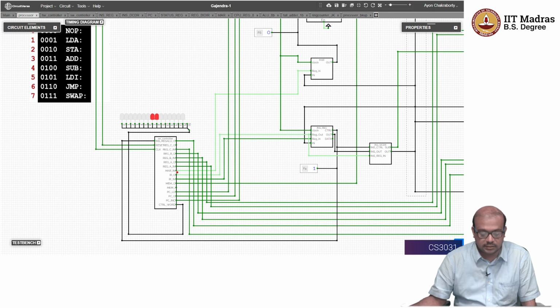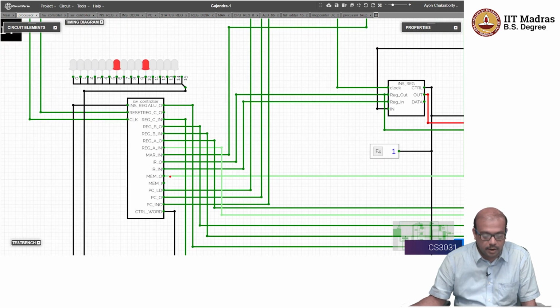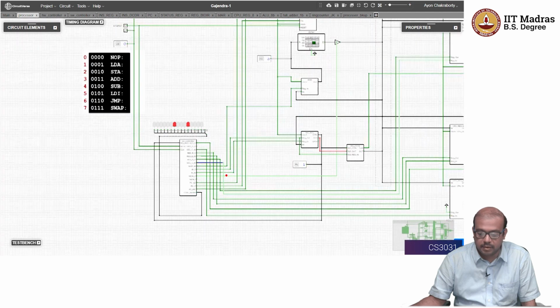After this, register A in is going to go up. So first we are loading from the instruction register out to the memory address register. If I give this instruction, this is now loaded, and now the bus contains the value 5. Very carefully see. Now the memory address register is loaded with A, so A is now being issued to the memory, which basically says memory out and register A in. So memory is now outputting,